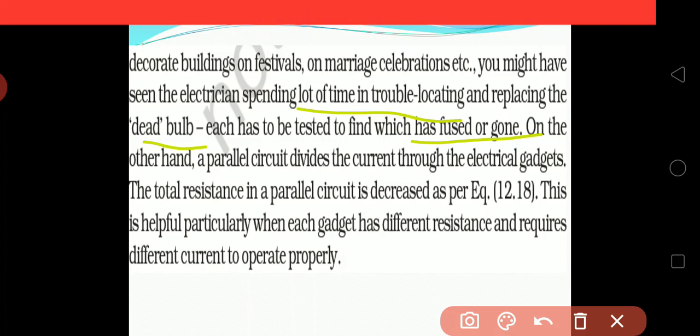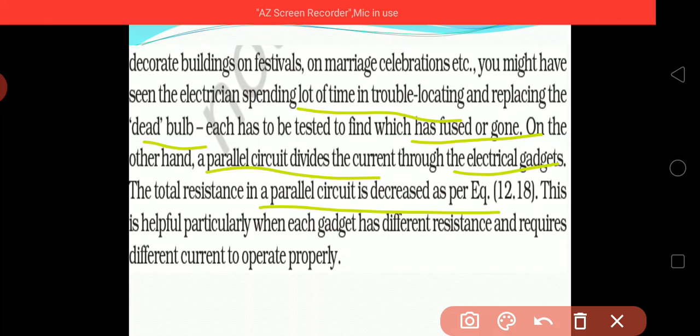On the other hand, a parallel circuit divides the current through the electrical gadgets. If we talk about the parallel circuit, then the current will be divided through the electrical gadgets. The total resistance in a parallel circuit is decreased. Due to which you can see that total resistance in a parallel circuit will decrease, and this is helpful